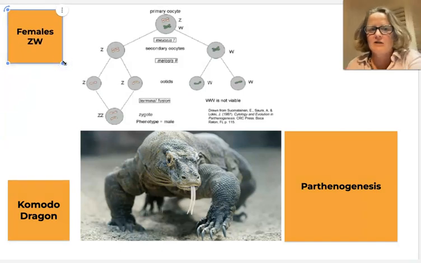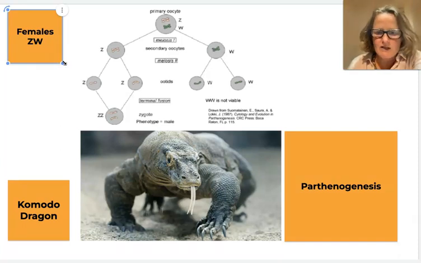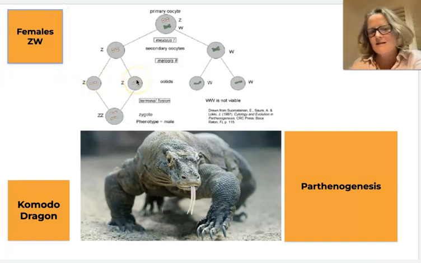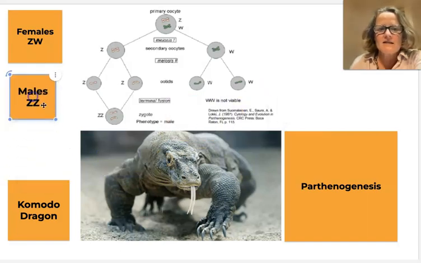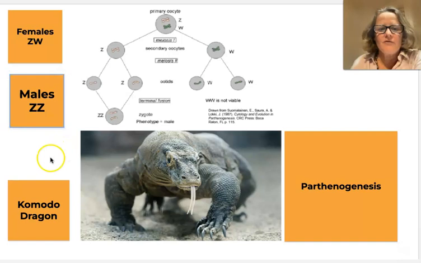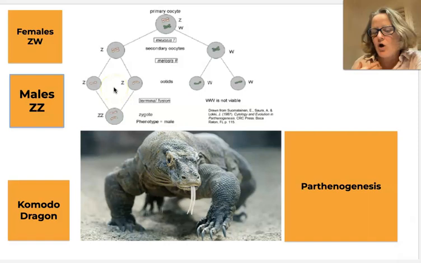They are ZW. So when eggs are made during meiosis, the eggs that are made are not all the same because it's not two chromosomes that are the same. The sex chromosomes, they are different. So 2 of the 4 eggs that are made will carry the Z chromosome and 2 will carry the W chromosome. And because in Komodo dragons males are ZZ, when the female makes 4 eggs and she's the only female